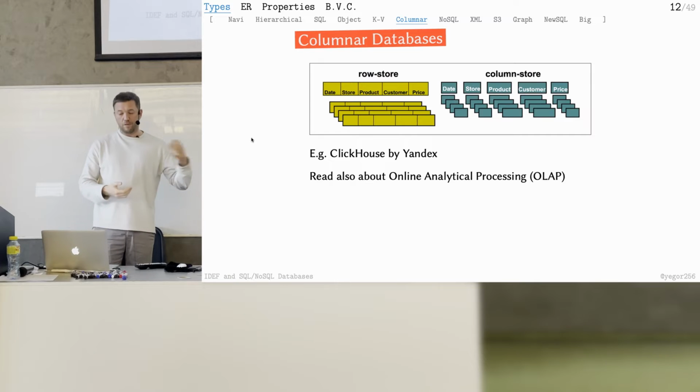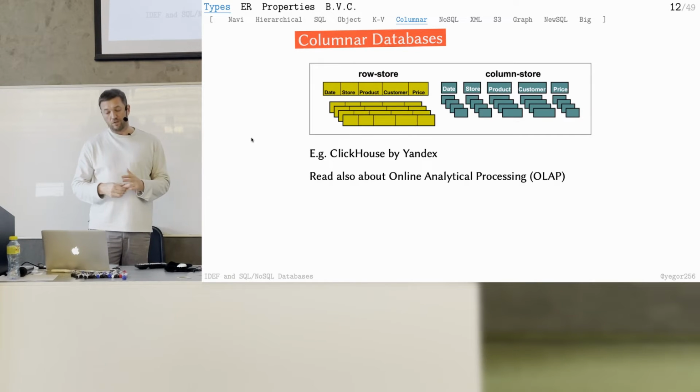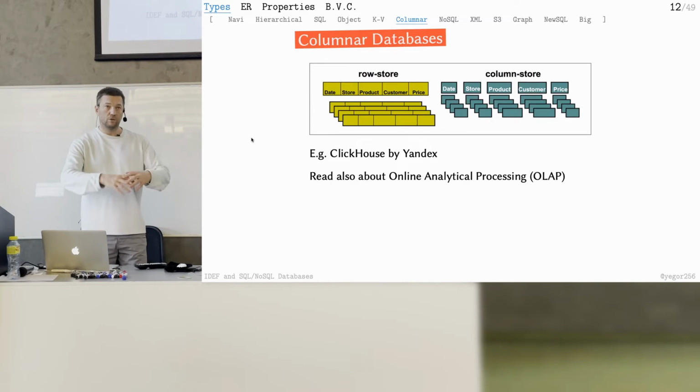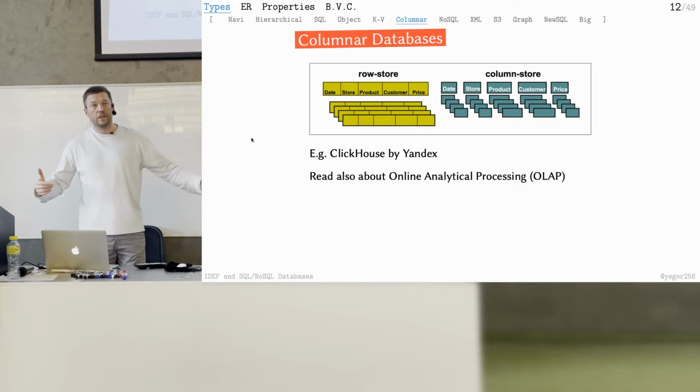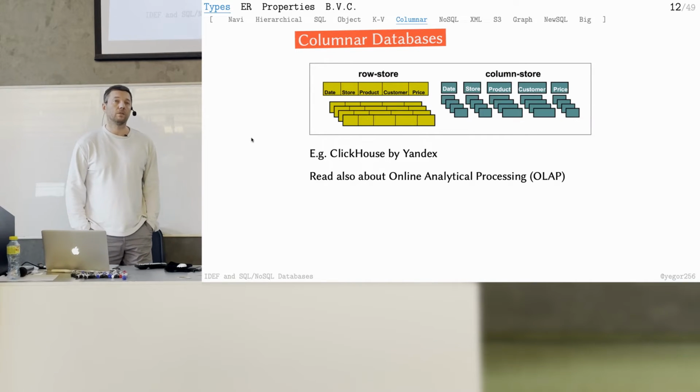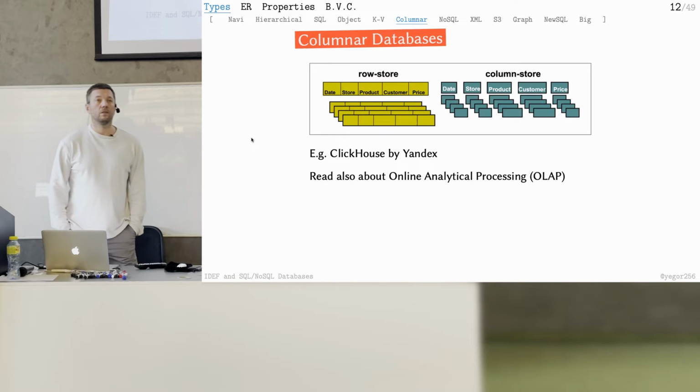OLAP was the idea before this columnar databases, long time ago. It was also about something like this, online analytical processing, when you put a lot of data into one storage, and they're all quite large horizontally, and then you're able to retrieve them in a vertical way faster. Yeah. I think OLAP is about kind of law and view.